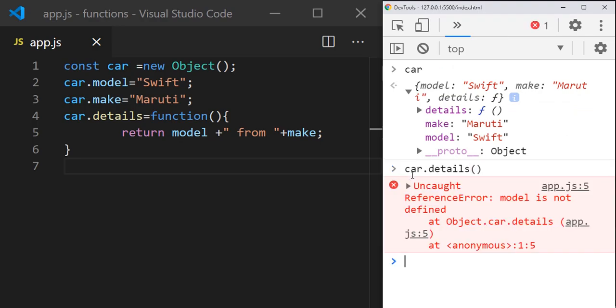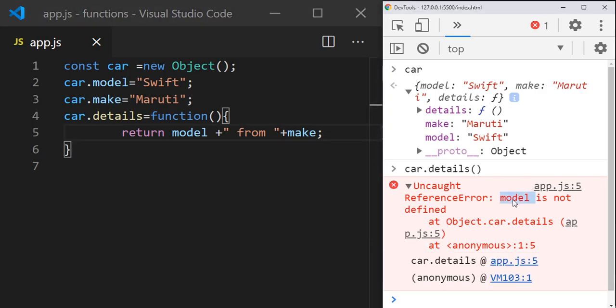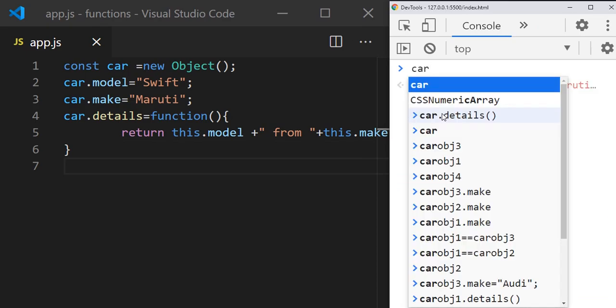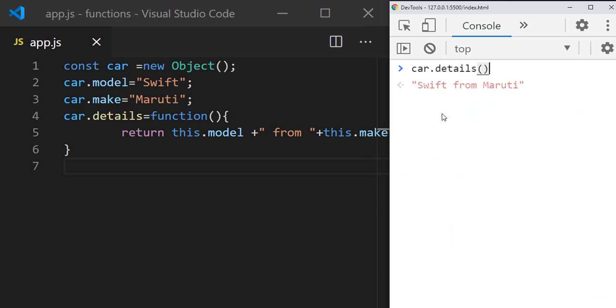It is returning a reference error: model is not defined. It is not able to find the model property or variable. How to return it? We need to use the this keyword: this.model, this.make. Call car.details, and now you can see Swift from Maruti.